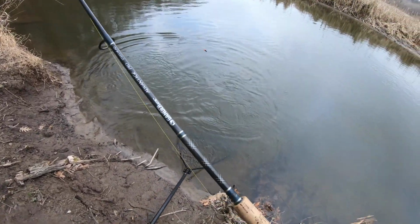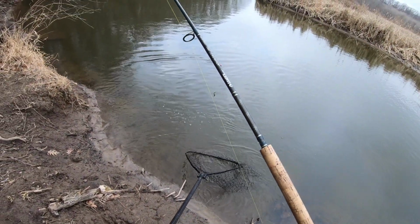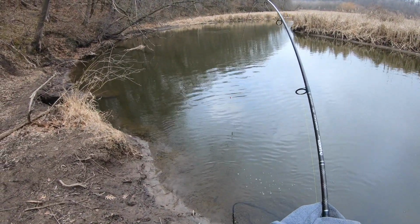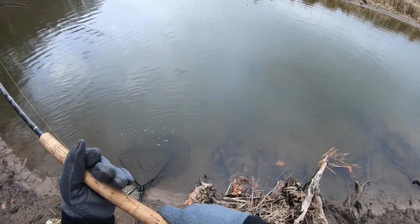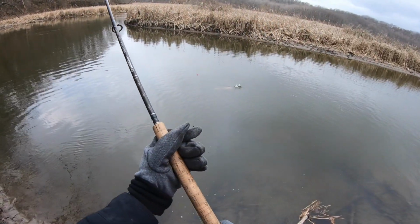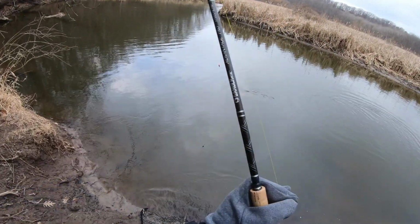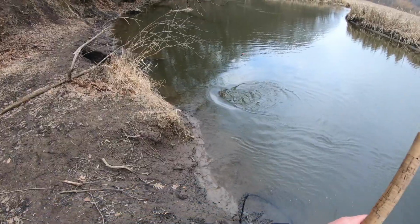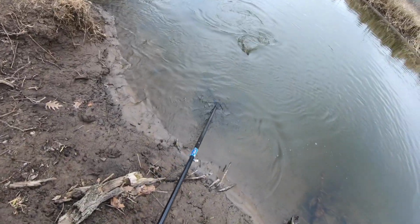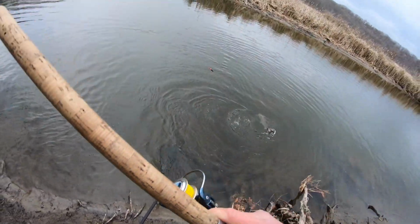That's the thing about these long nets. There's so much stuff to get hung up on here too. Like that, like that. Oh my God, that was so close. That's why you gotta check your knots, folks. Come on, right there, right there. Oh my God, if we lose this fish,